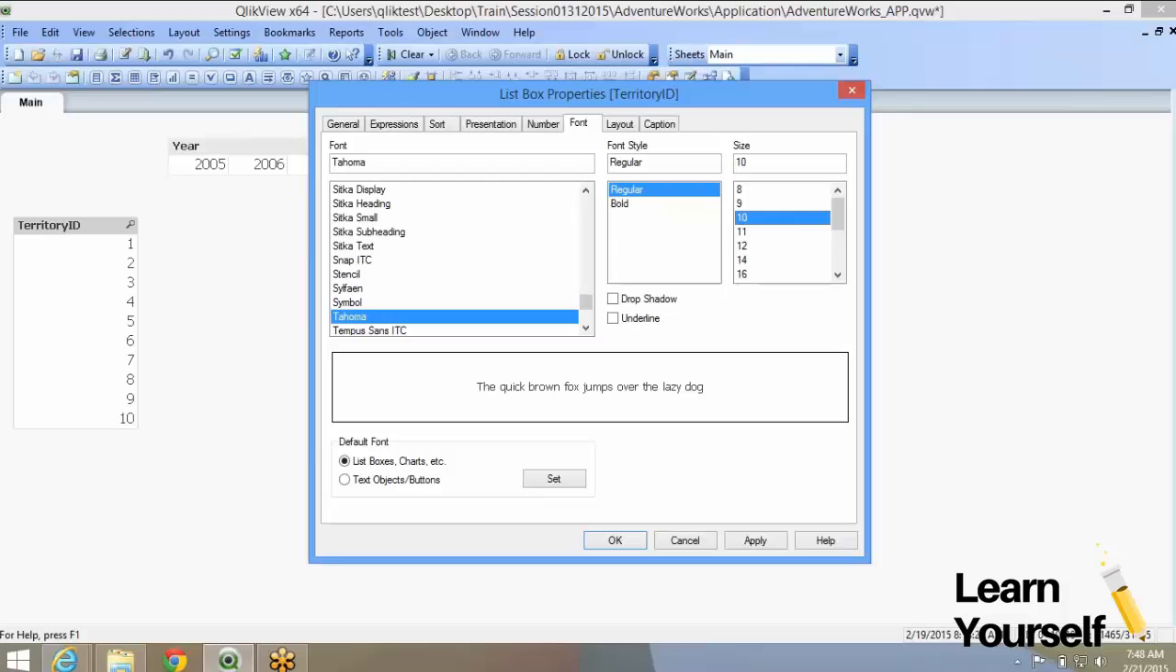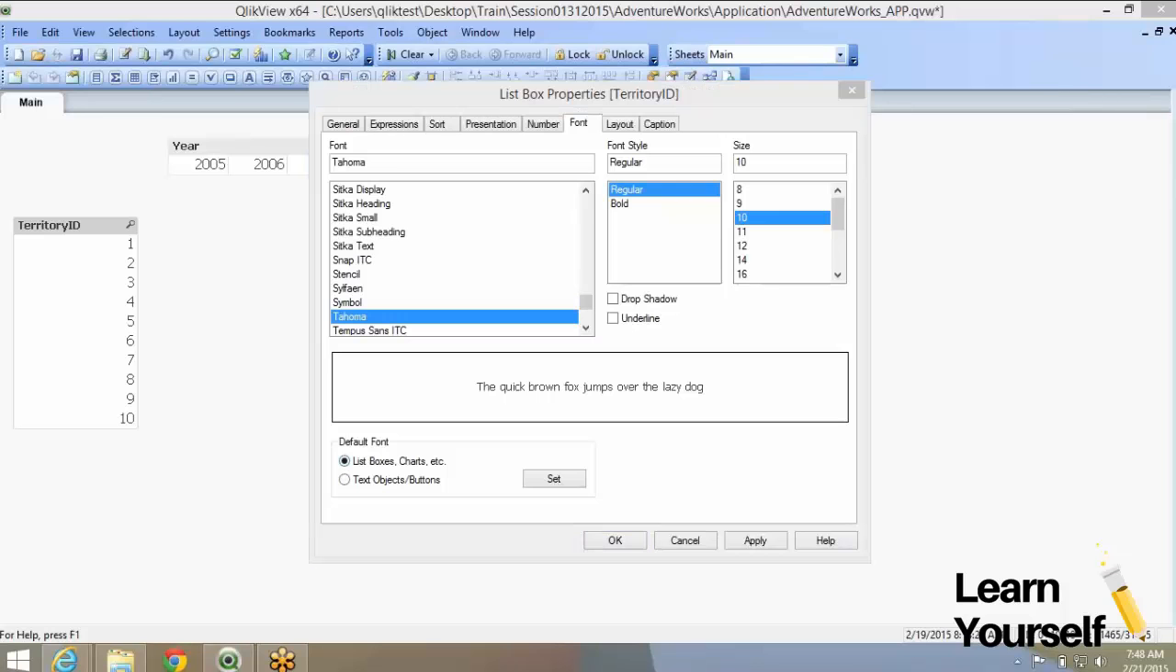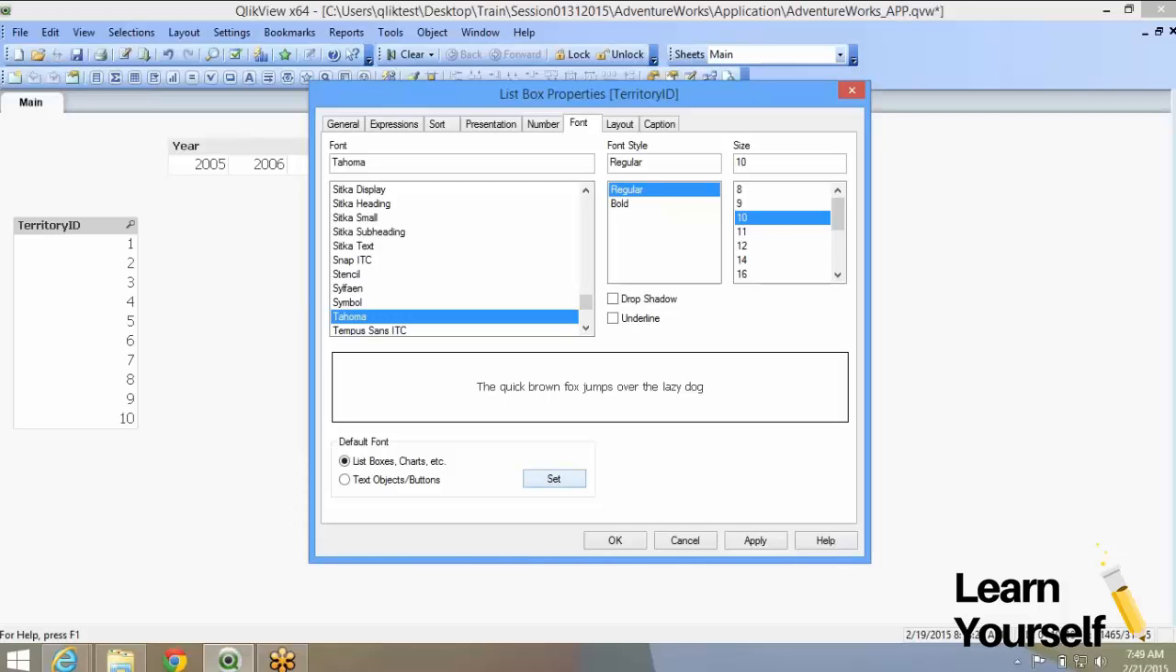So you can see what kind of font and what size you are putting up. On the bottom you have list boxes, charts, etc. Once you create a font for this particular list box, you can select whether you want to apply this as a default to the other list boxes. That is what this option allows you to do. So you can select this as a default font for all the list boxes, charts, etc. You can say set. So this font will be applied to all the